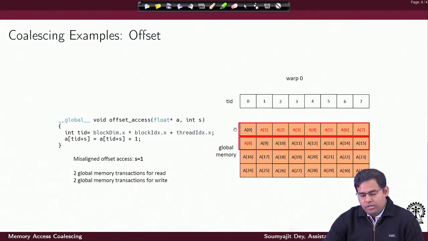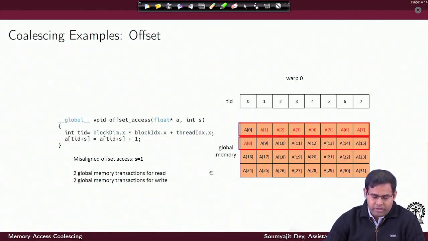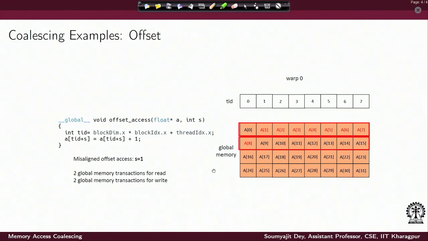In this case, for this kind of arrangement, the first global memory access for warp 0 cannot form a transaction starting from here and extending up to this. They have to be aligned at the warp width times 4 bytes. That is why it will have to make 2 transactions. The first transaction will bring in this much data, out of which only this much would be useful. The second transaction would bring in this entire row, out of which only A8 would be useful. So, 2 global memory transactions. I hope that provides the summary, but overall we can see immediately what the performance loss is here.